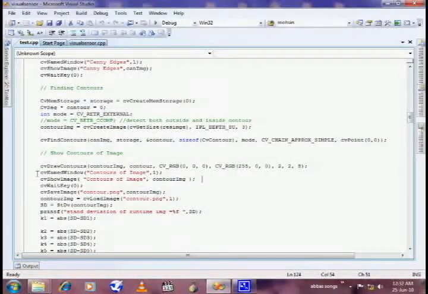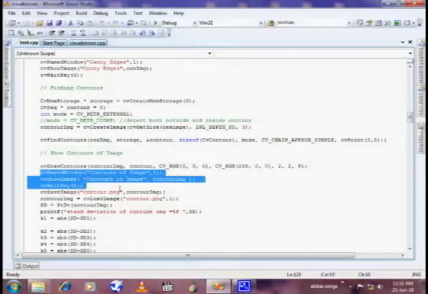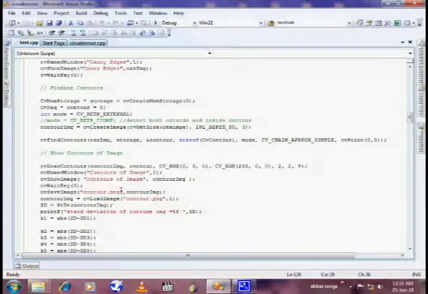After that we get the pure silhouettes, and we display them to the user so that the user can see them. These contours of the image we can display to the user, and the results of ASCII are explained later.